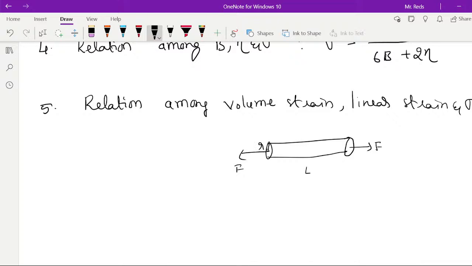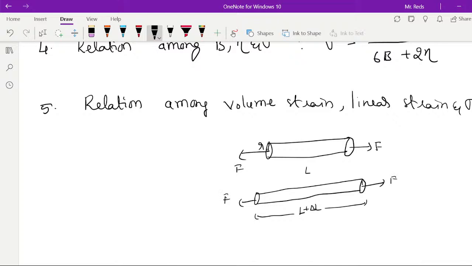Now on applying this force, the length of the rod increases by a small amount delta L, so the final length becomes L plus delta L. Obviously, the length increases by small amount delta L as a result of this applied force. As a result, when length increases, the final radius decreases, so the final radius becomes R minus delta R. It is in the form of a cylindrical shape, so area into length will give